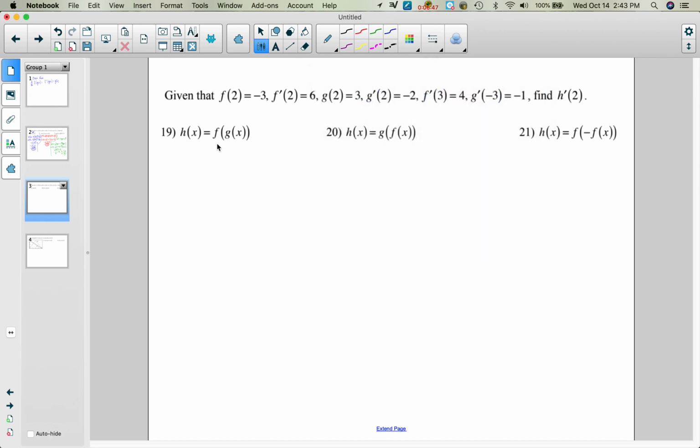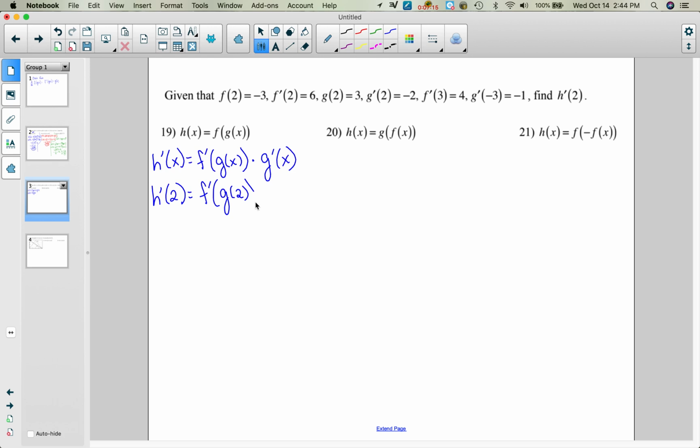All right, so here we go here on this one. So this actually is just going to be h prime of x. This is actually the definition. It is going to be the derivative of the outside function with the inside left unchanged times the derivative of the inside function. So that is exactly the definition of the chain rule right there. So then h prime of 2,